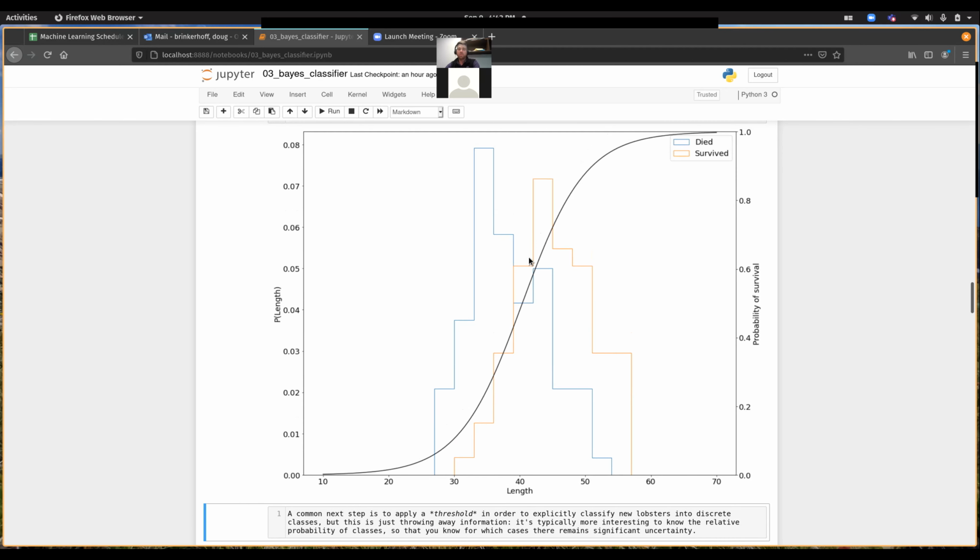And of course, we could apply a threshold to this curve in order to explicitly classify new lobsters into the two different classes here, but that's kind of throwing away information. It's actually oftentimes really interesting to know these actual probabilities. Okay, so that is the Bayes classifier applied under a circumstance where our features are no longer either categorical or Bernoulli, but are instead real valued and modeled with a normal distribution. And critically,